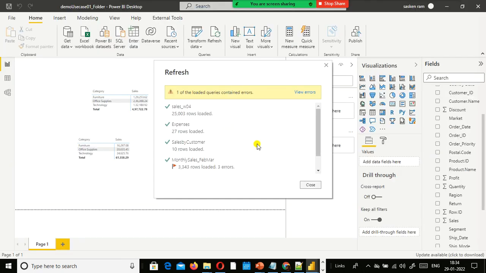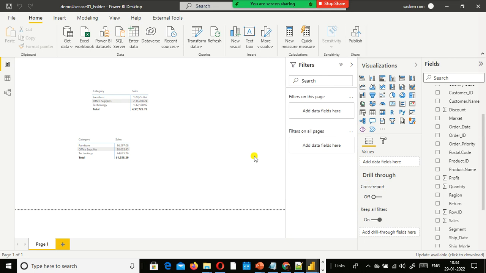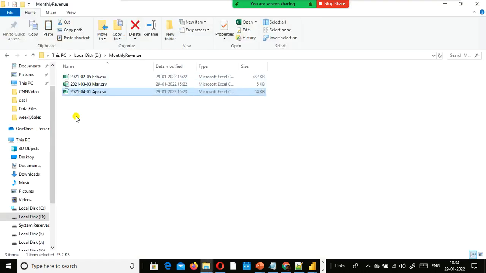Look, the value got changed automatically, 61. This is the April month sales. It picked up automatically. That's what happens when you push new files to a folder. As per scenario one, it will pick up and combine all the files, whatever the number of files in the folder. Here it will pick up the recent file, that's all, the recent month data. In order to make this happen, you need to have this format.